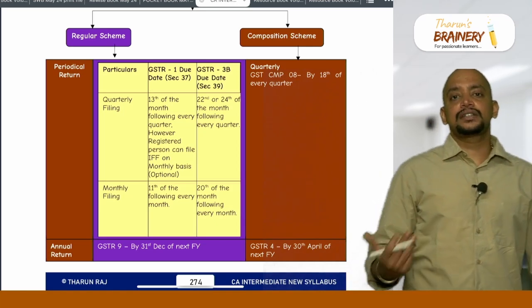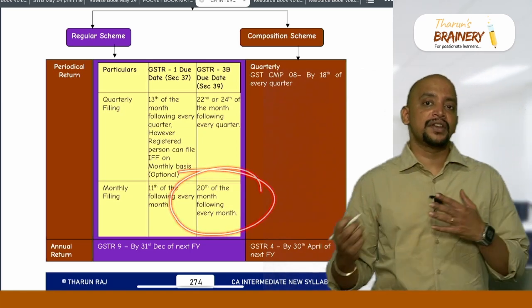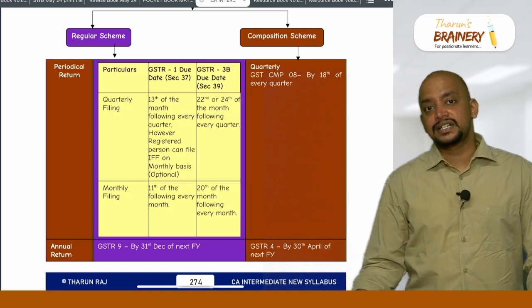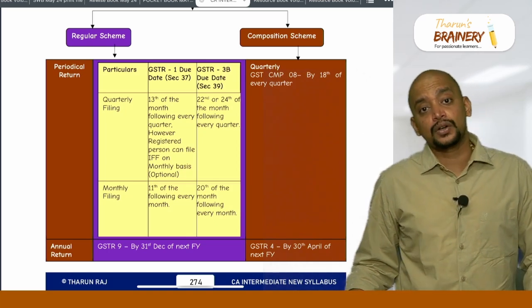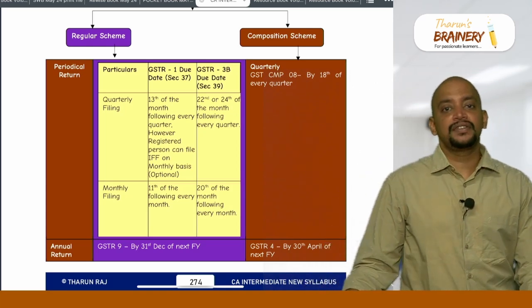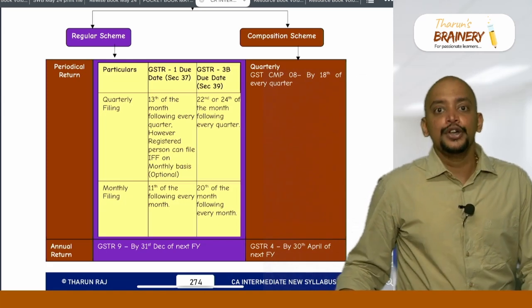So when the GSTR-3B needs to be filed, the usual date of GSTR-3B is 20th of the month following every month, whereas if the person is under QRMP, quarterly return monthly payment, 22nd or 24th of the month following every quarter. So if it is under QRMP, when 22nd and when 24th, so remember